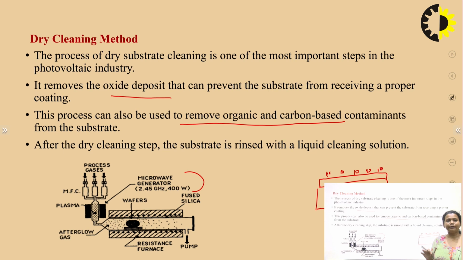We generally follow the wet cleaning method for our cleaning purpose. It is followed in every university. Most of the industries are using this wet cleaning method because it has several steps. So if somehow some kind of contaminants are there, they can be removed using any of the processes. It consists of different types of steps: the first one is SC1, then SC2, and Piranha clean is also there. So every kind of impurity can be removed using the wet cleaning method. Then this is another method, that is the dry cleaning method.